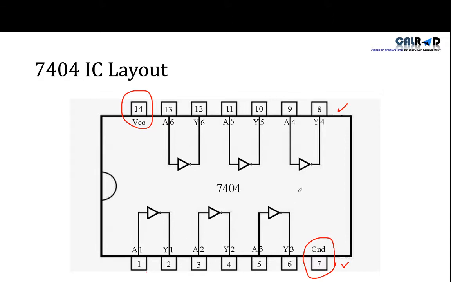Now you can see that there is quite a difference between this IC and the previous ICs we used. And what is that difference? In the other ICs, there are always 2 pins for the input and 1 pin for the output, but in the NOT gate, 1 pin is for input and 1 is for output. This means we can perform more experiments from this single IC. So a NOT gate IC can perform 6 applications at a time.